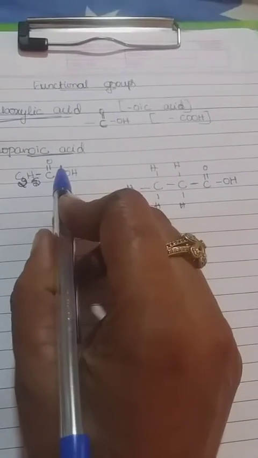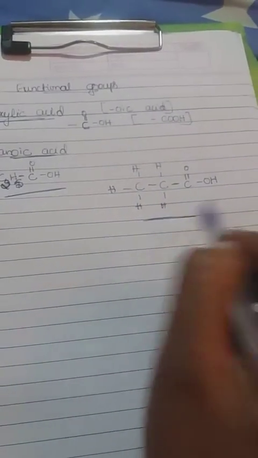Here the carbon already has 4 bonds, so it is not necessary to write any hydrogen atom there. Bonds around a carbon are always 4, so for the other carbons, 2 are already used, remaining 2, and here 1 is used, remaining 3. So let's calculate H: C2H5, C double bond O, OH. This is the molecular formula of propanoic acid.